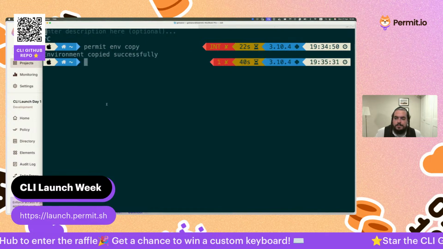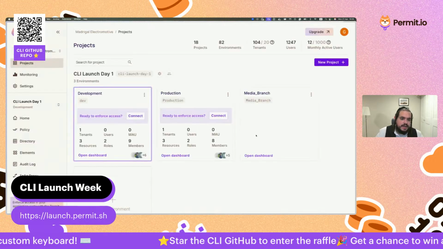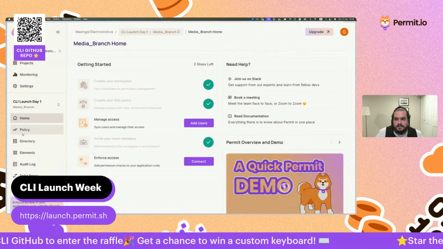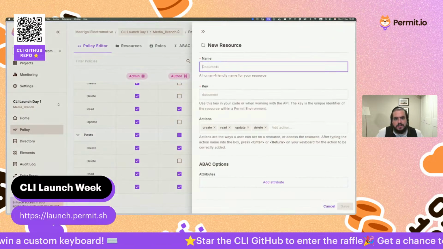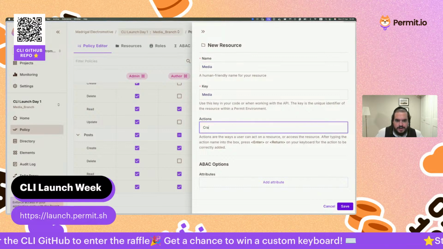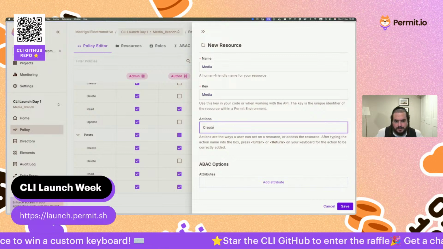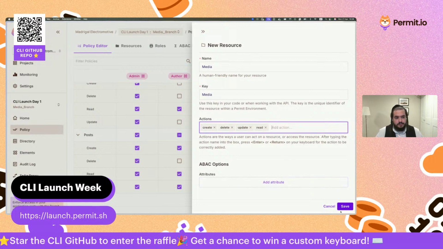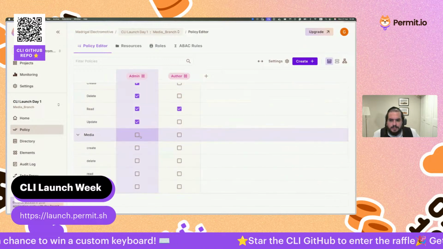And I'll do the copy. If I go back now, I'll be able to see another environment. Of course, the CI can now run the member to add the particular developer who needs this branch. Let's go to the policy. I want to add another resource that is called media. The media also has the create, delete, update, and read, and I'll save it,